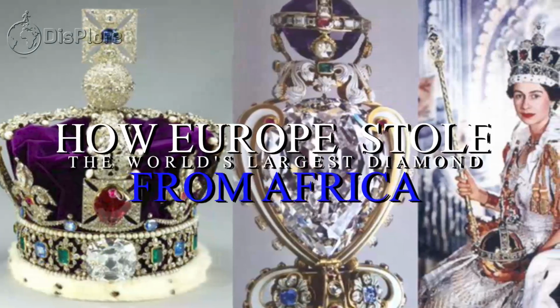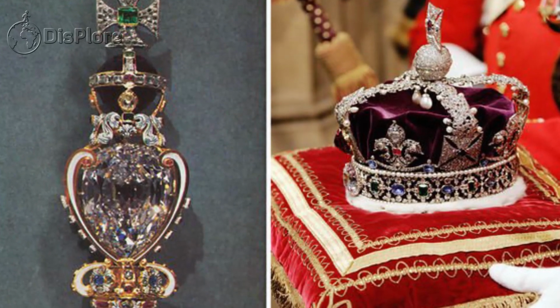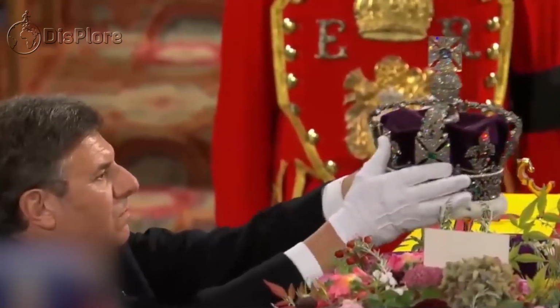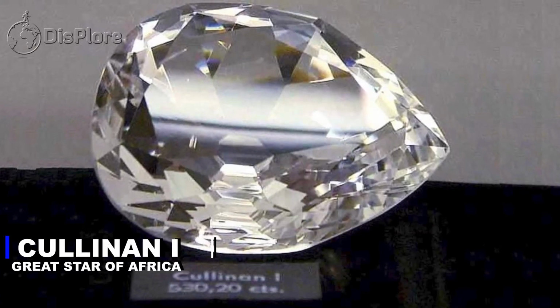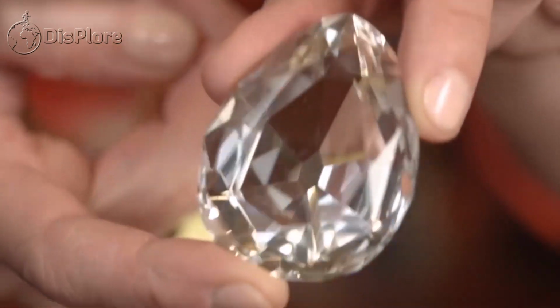How Europe stole the world's largest diamond from Africa and made it the British crown jewel. The imperial state crown and sovereign scepter rest atop the coffin of Britain's Queen Elizabeth II. The scepter includes Cullinan I, also known as the Great Star of Africa, the largest colorless cut diamond in the